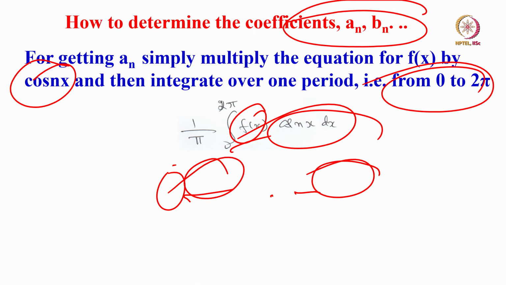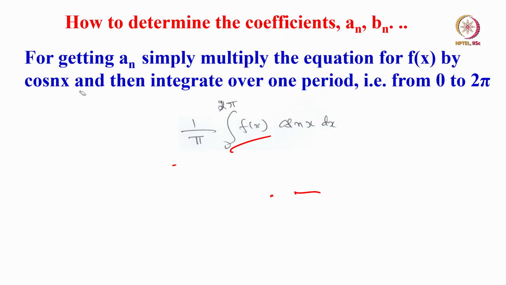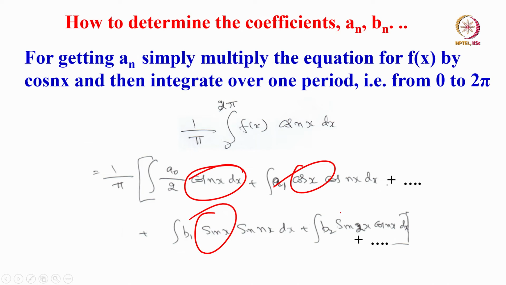Oh, I cannot erase this. Okay, so this is what I am now trying to do here. I have taken this function, the Fourier series, and multiplied cos of nx to each term, where a1, b1 coefficients are present, and this is a cosine term, this is a sine term. Then I expand it as a series. That is what I am trying to do.